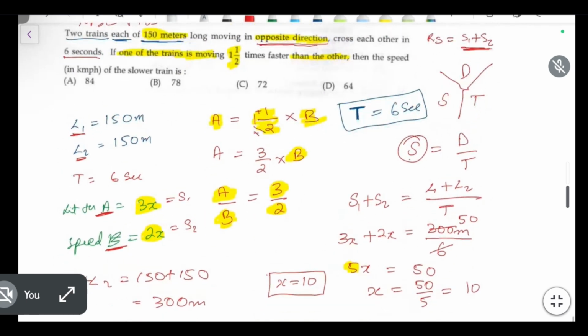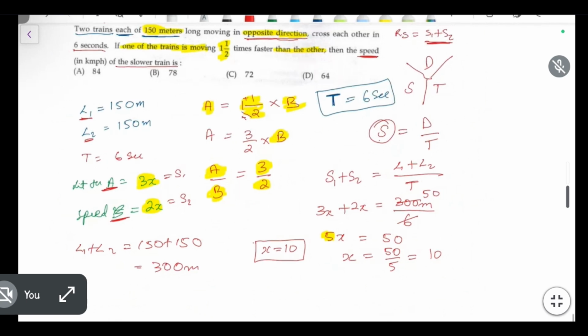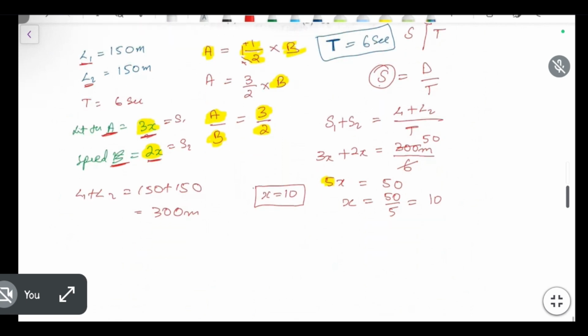Now what do we need to find? We need to find the speed of the slower train. So speed of the slower train is how much? A is 3 times x and B is 2 times x. That means slower one is B, right? The slower one is B. So speed of B is nothing but how much? 2 times of x. 2 times of x value is 10, which means 20